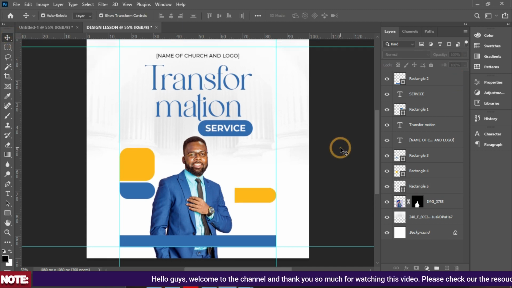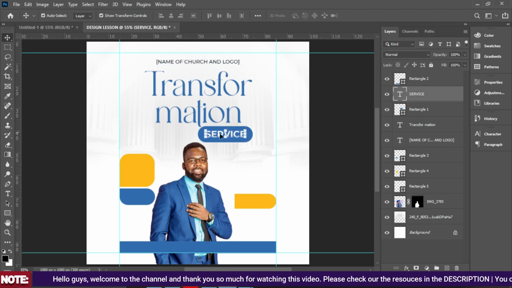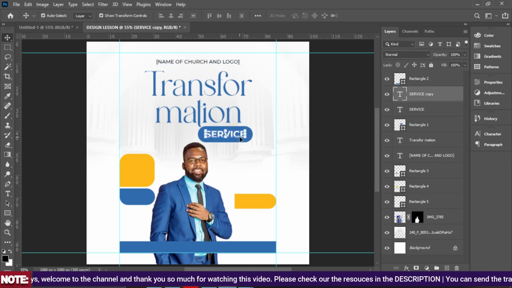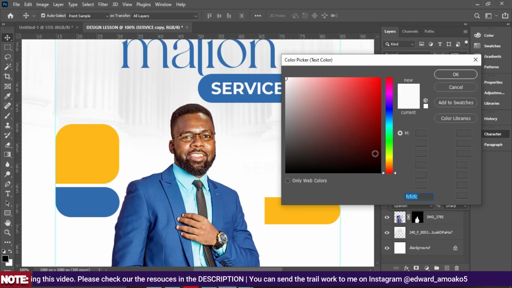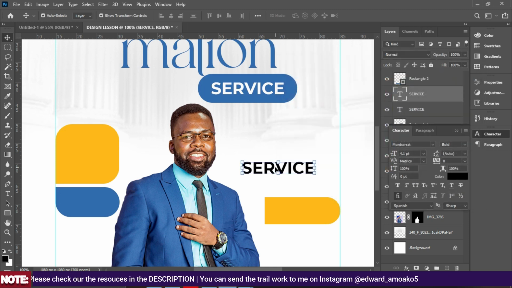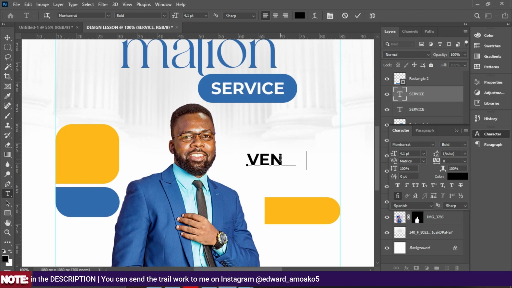So what is next is for us to bring in the details. So what you're going to do is come to the services, Ctrl J to copy, and we are going to replace this. Let me zoom in, okay, so that we have a look at whatever we are doing. Change the color to black, and this is going to be the venue. So venue, okay, so let's all check the venue very well so that we avoid mistakes. So the venue is going to be